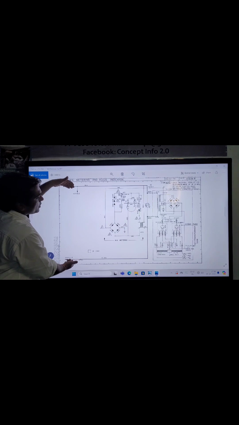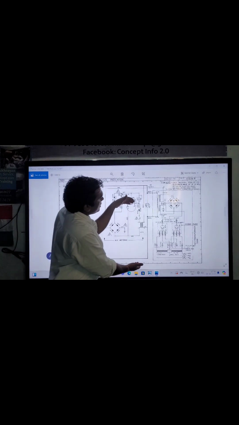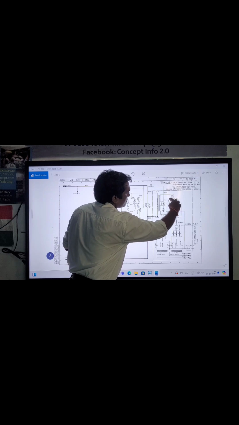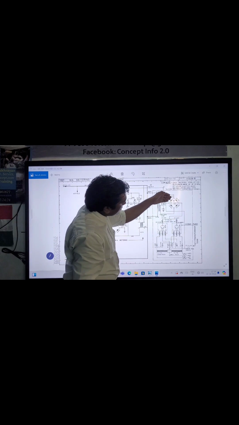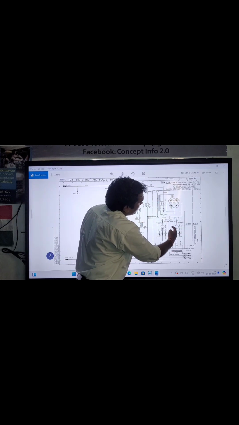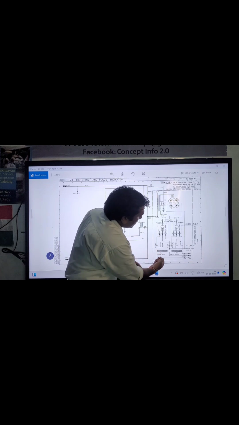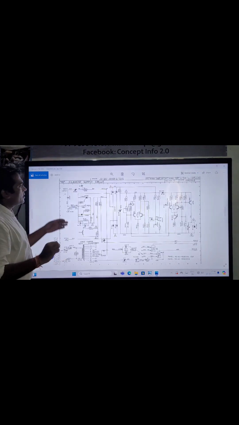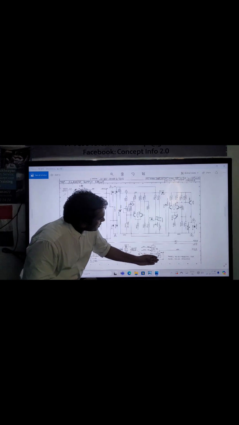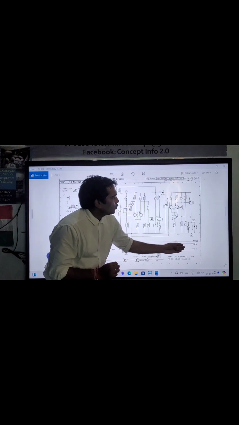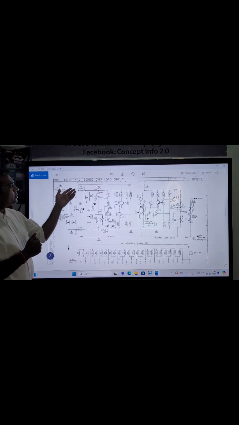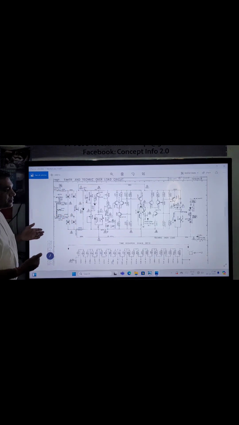This voltage is coming from the main transformer, and this is going to the SP transformer. So you can see this is the rectifier circuit, and this voltage is given to the anode and cathode, and this is the filament circuit, and this is the filament supply circuit. You can see here this is going to the tube filament, and this is the timer and technique overload circuit. So I will describe this also.